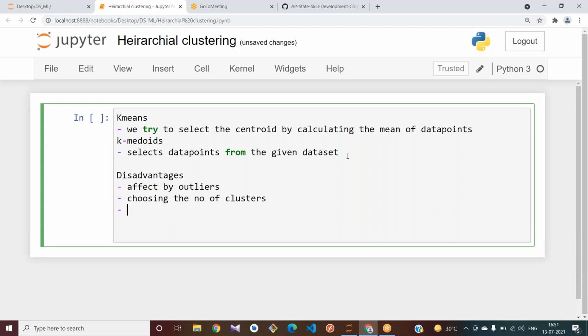In any clustering algorithm, another disadvantage is that for some data sets it fails to recognize some patterns or structures.